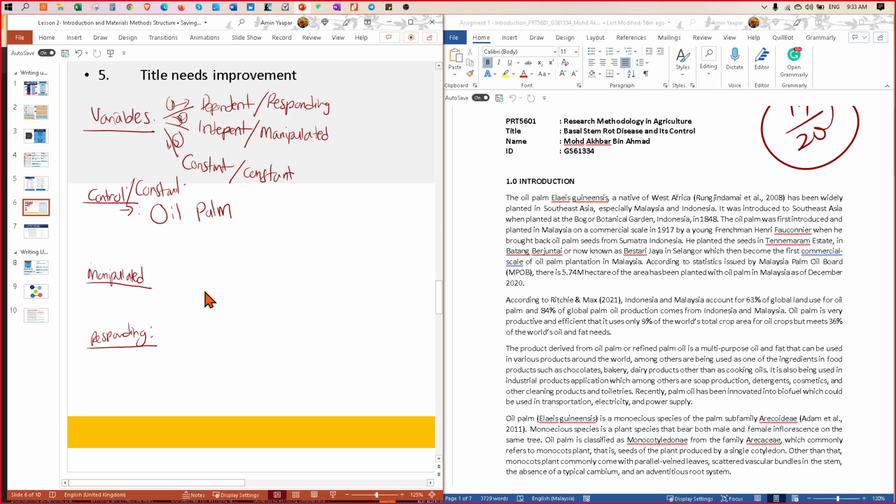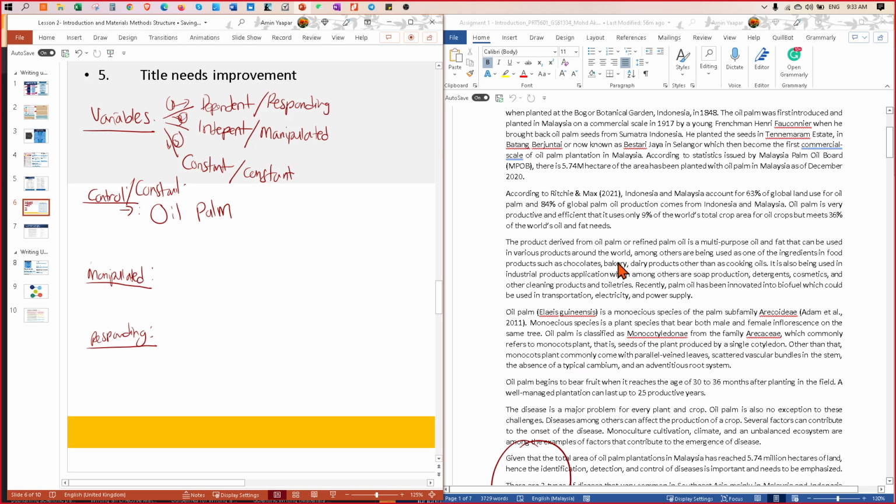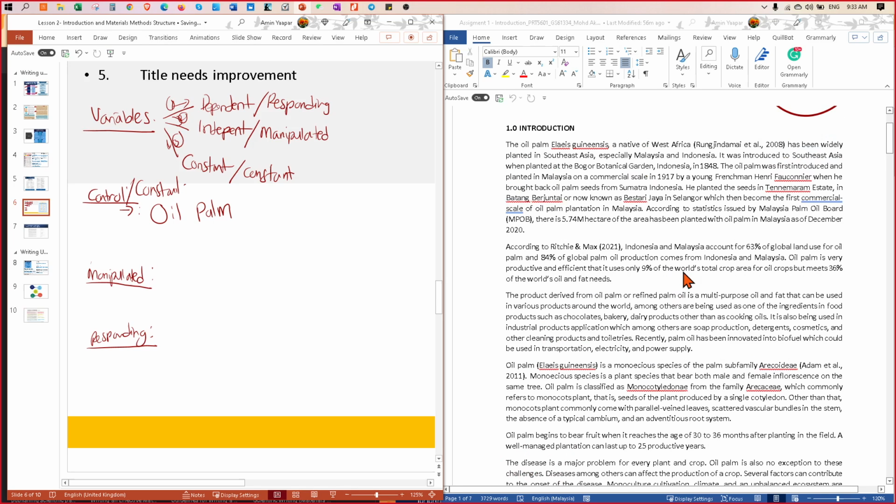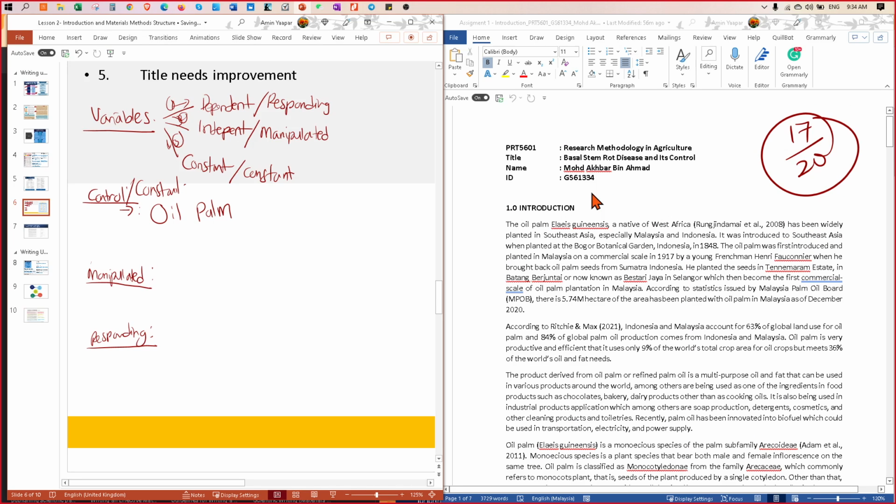What do you manipulate in your study here? Or what are the occurrences that happen in your study? So you can see here. Have you just done this?